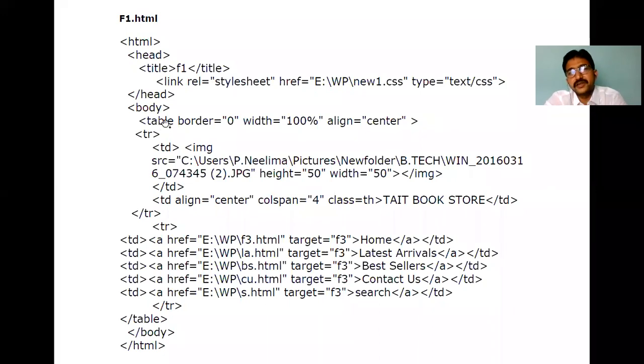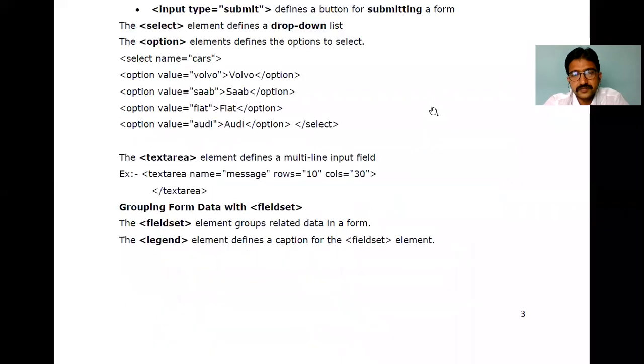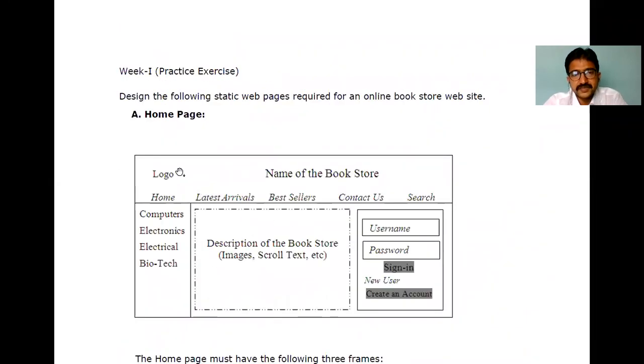Now in the body, what do we need to add? If you observe carefully, the figure looks like a table inside this one.